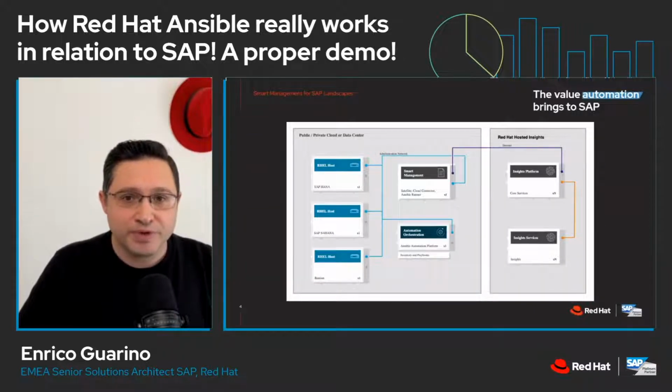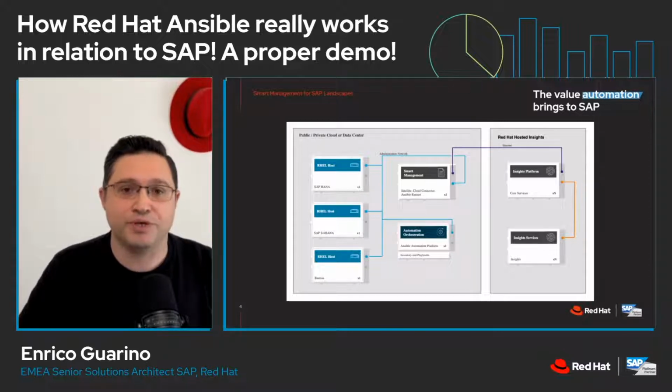Here we see the blueprint, which is a very high-level representation of the infrastructure and solution pieces that are going to be part of this lab. We can see here how these components are connected. So Satellite and Ansible Automation Platform are connected to both the HANA database and the SAP primary application server host. The infrastructure management Satellite feeds metadata to Red Hat Insights, which can evaluate and send back the appropriate recommendations.